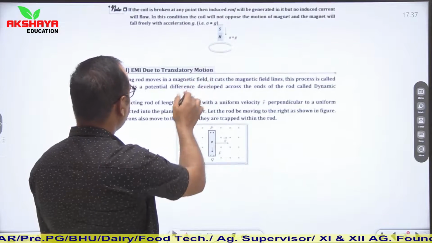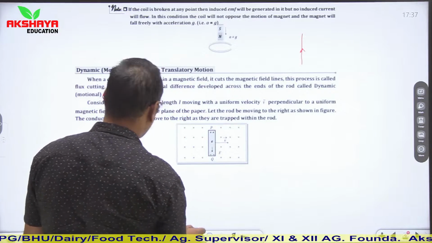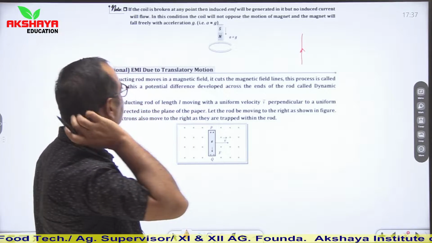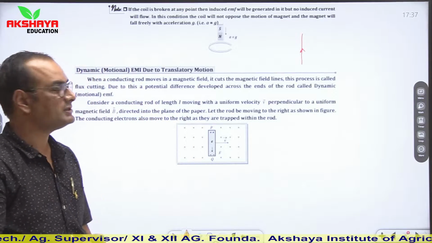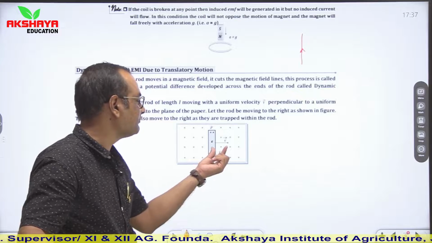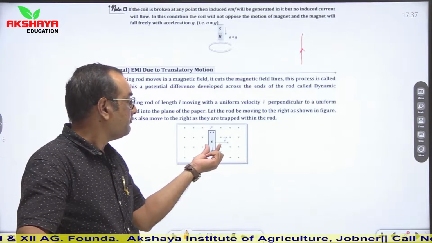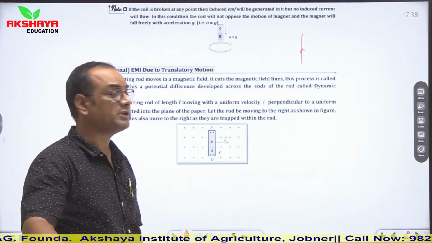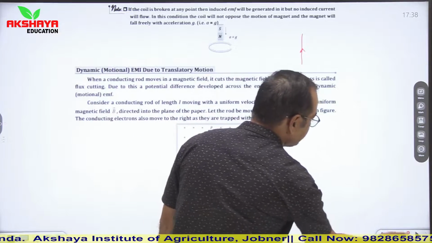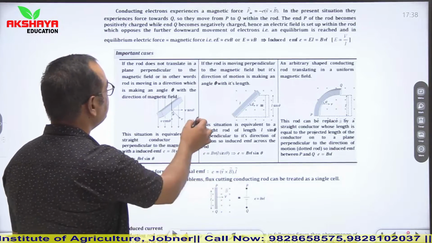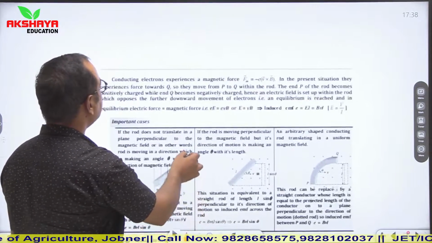Now let us talk about our next topic, which is motional EMI or dynamic EMI due to a translatory motion. Let us say that a conductor is moving with velocity v in a uniform magnetic field. So this is a conductor which is moving in a uniform magnetic field with a velocity v. Then in this case, there will be a change in magnetic flux and an EMF will be induced, which is given as